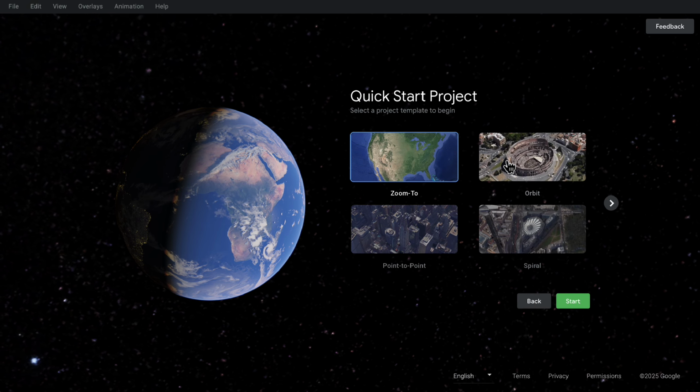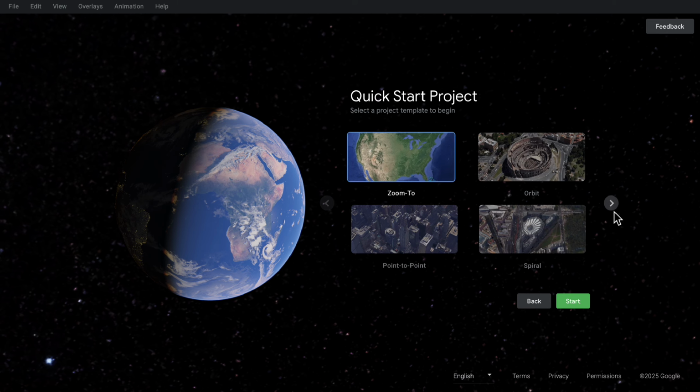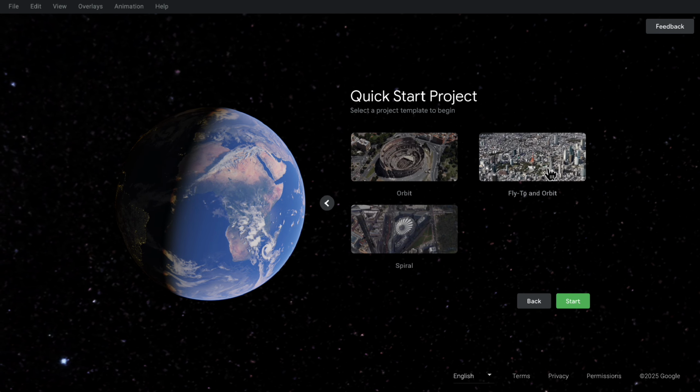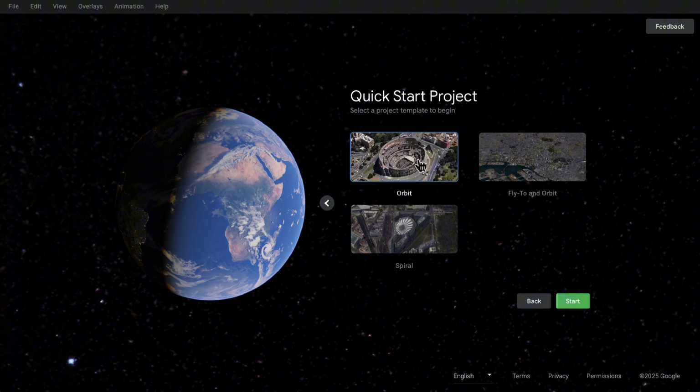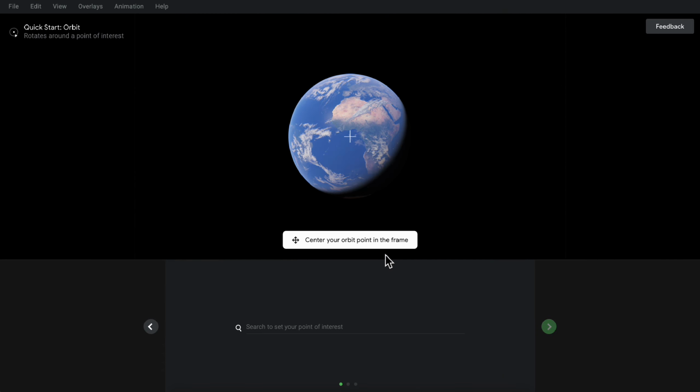Now here you have different templates that you can use. So I recommend you to use the Orbit one, but if you want, you can use this one, this one. So simply choose any of these and then click on Start. Then what we're gonna have to do is simply search for the object or place where we want to create